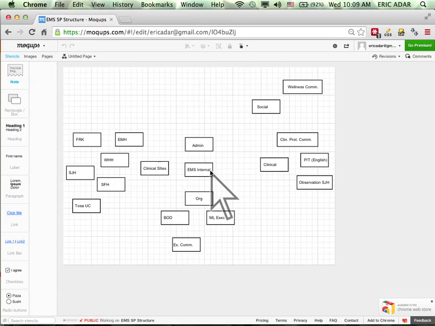Then we have things that are clinical but don't have to do with the sites, like clinical protocol committees, P&T, observation, although observation probably needs to be a daughter of St. Joe's, at least at this point, unless we could expand observation activities to our site, and that's perfectly okay. Then we can have a social site, which would have wellness and what Maggie does. So that's 1, 2, 3. And admin would be corporate compliance, HIPAA, testing modules, the stuff that Kevin does and wants to communicate to all of us. So we're looking at 1, 2, 3, 4, 5 different sites coming out of EMS internal